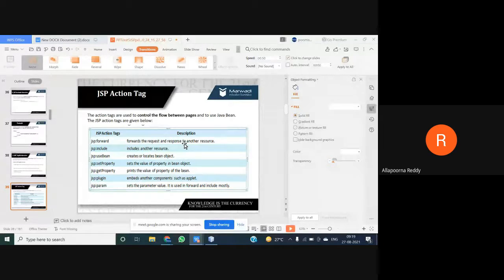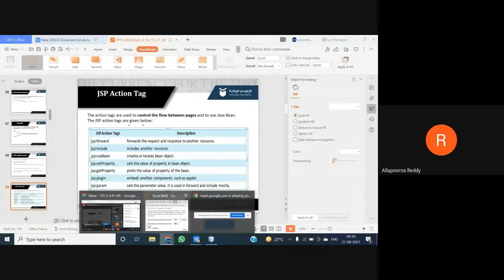And what about the include method? It includes another resource. You are not taking any request and response here. If it includes another resource, we call it the action tag JSP include. If you are forwarding your request and response to another resource, then we call it the action tag JSP forward.